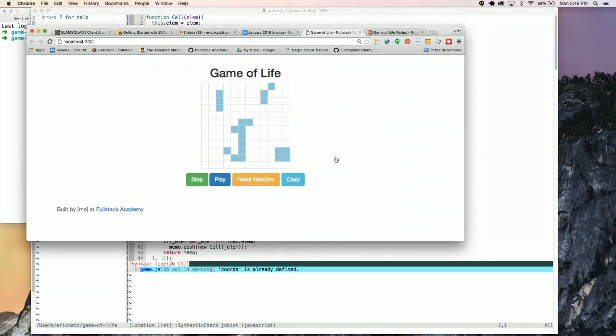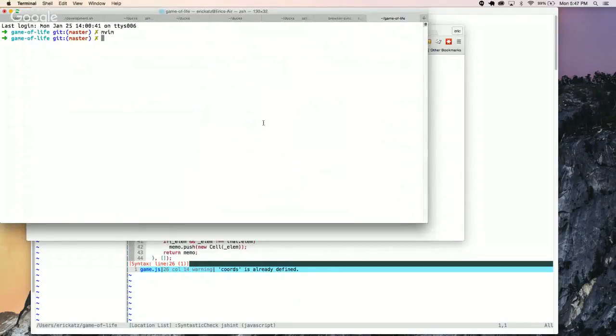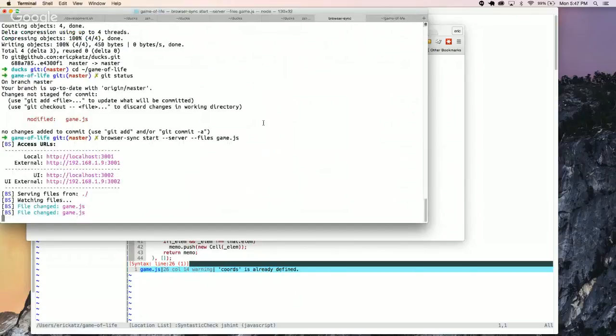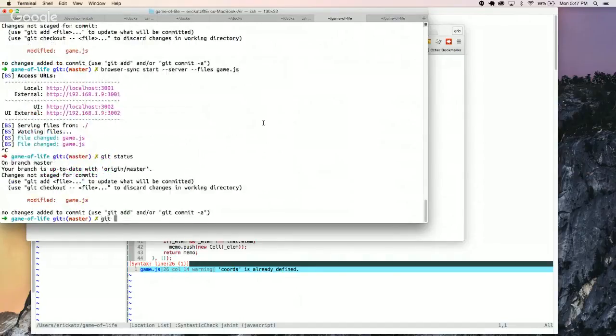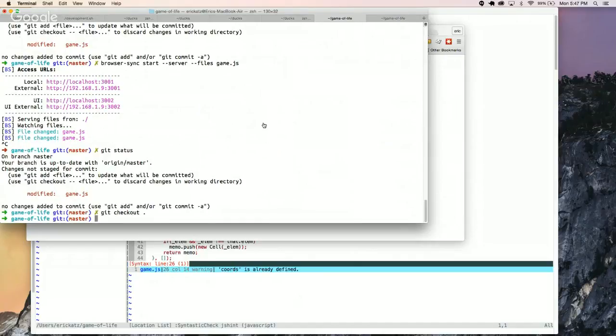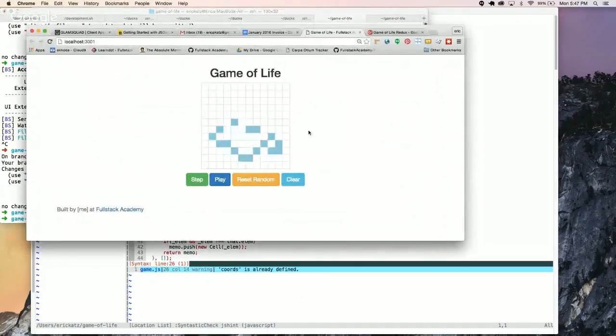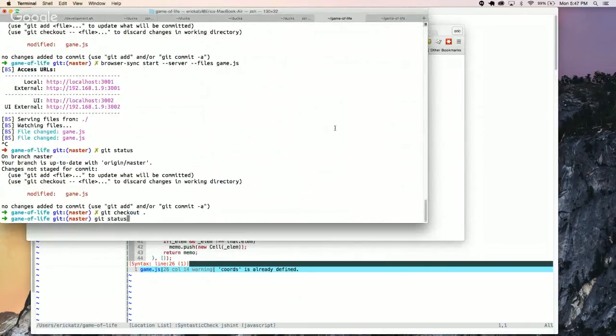So what I'm going to do here, I've got this running with browser sync. I'm going to actually undo all my changes. Got my game.js file. I'm going to do git checkout dot and do this whole thing again. So right now, this to start my